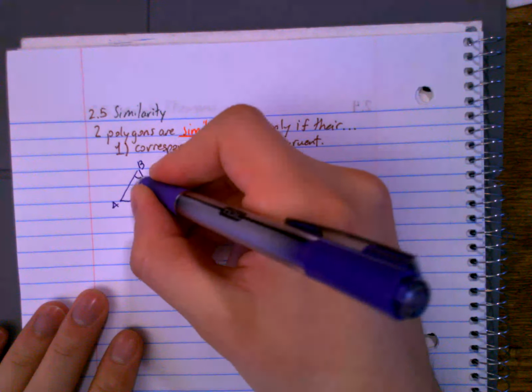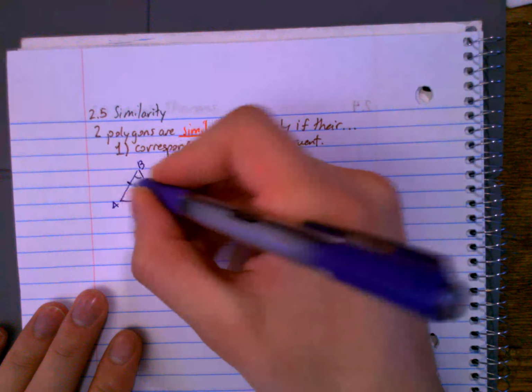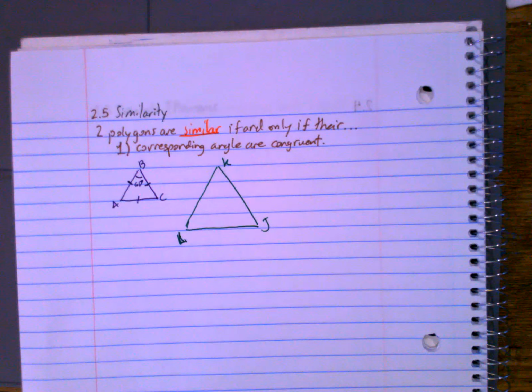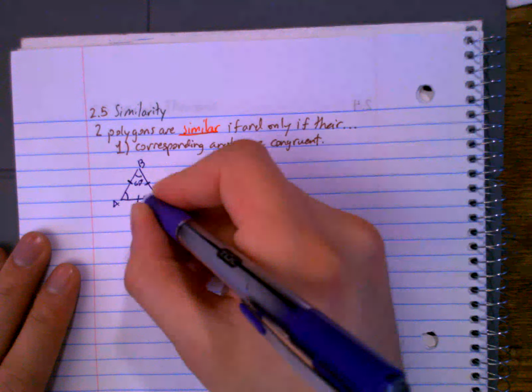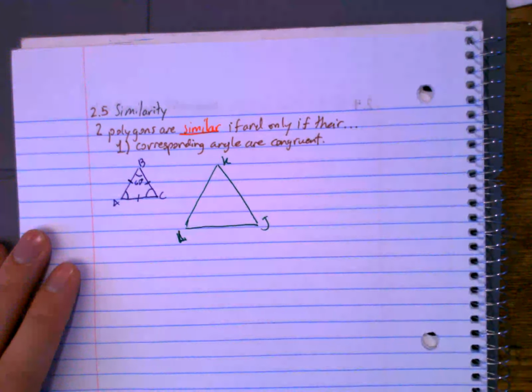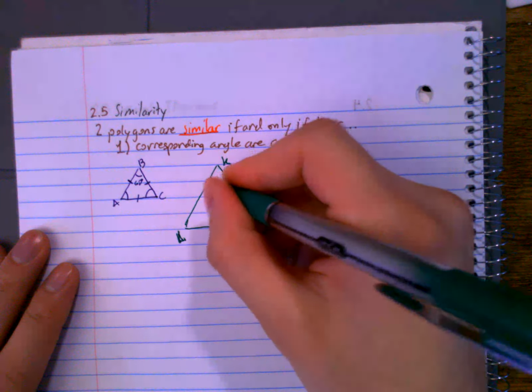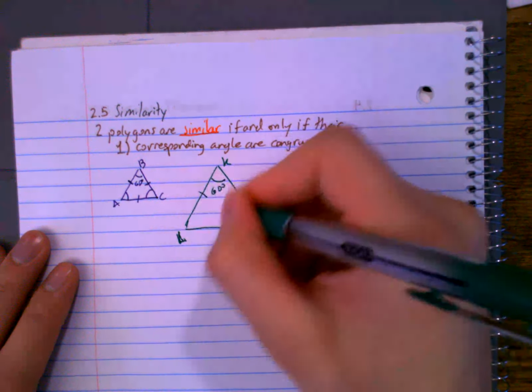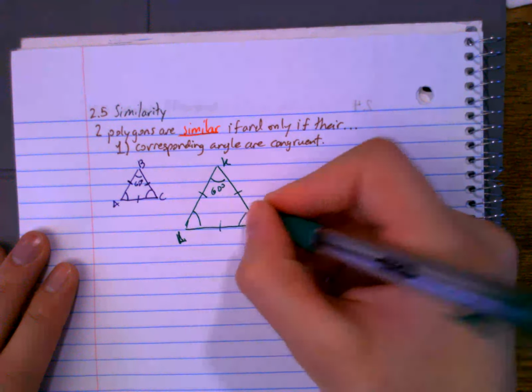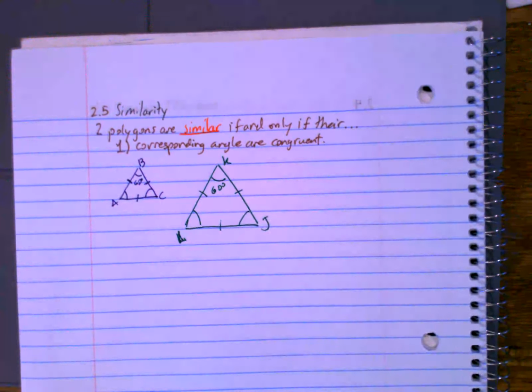this angle right here is 60. And I say that this side and this side and this side are all the same. Now, like we just said in the warm-up, that means these angles are congruent. For my triangle over here, I'm going to say that this angle is also 60. Yep, yep, yep, and yep, and yep. Also 60. Right? So, that means that I can say for all of these angles, this works for all of them because they're